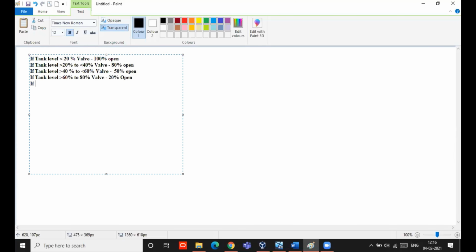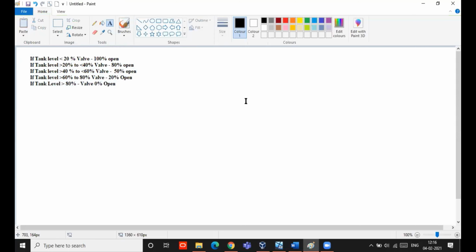Now, if tank level is greater than 80 or greater than or equal to 80%, what should happen is valve should be 0% open. 0% open means close only. Okay. Now, how to do the program for this type of condition? We can see how to do this.